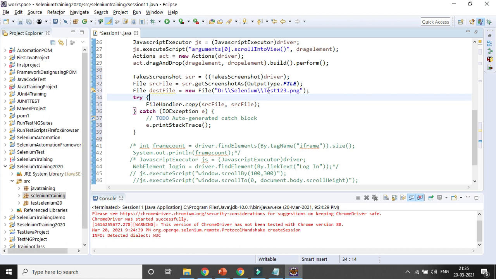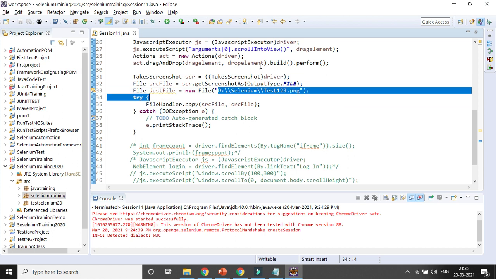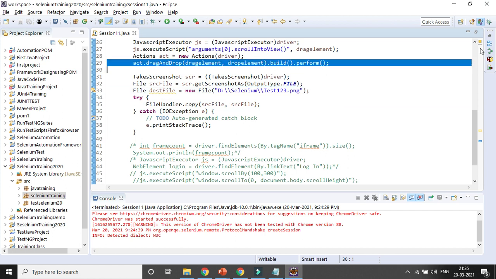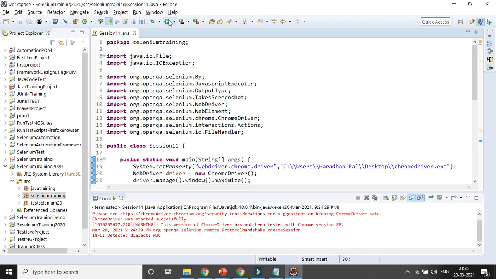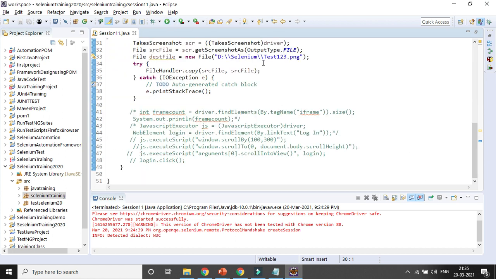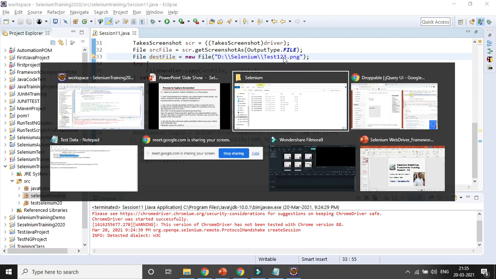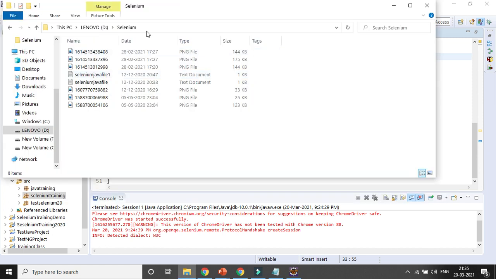Now let's run the code and see whether that file is created here with that particular screenshot, after moving the draggable to the droppable part. Let's run it one more time. Now there is no folder available. The test123 folder is not available in that package, so it will create a new one.